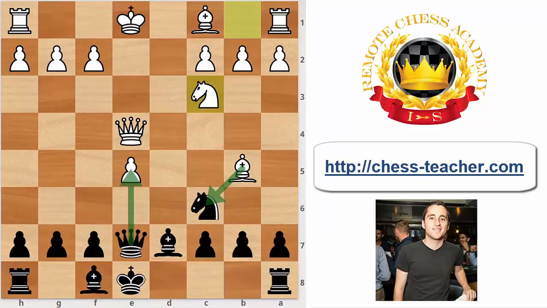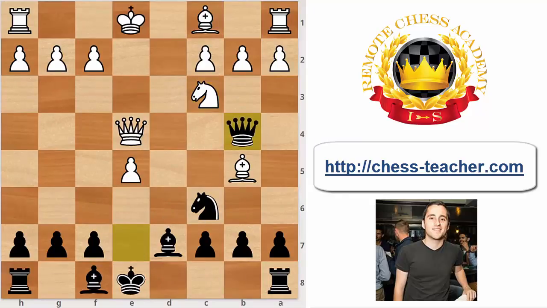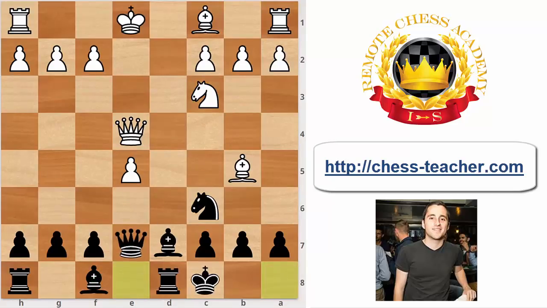So let's just continue developing our pieces. I like the move long castling here, even though in some games the move queen b4 was also featured, which I think is also a logical move, getting ready to develop that bishop. But I will be recommending the move long castles on move number 9,